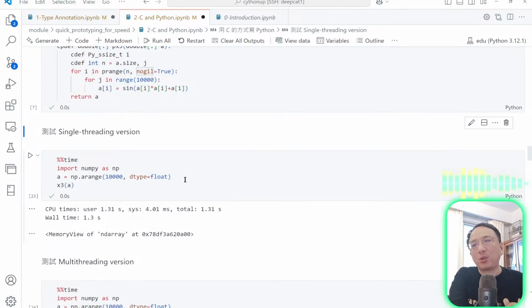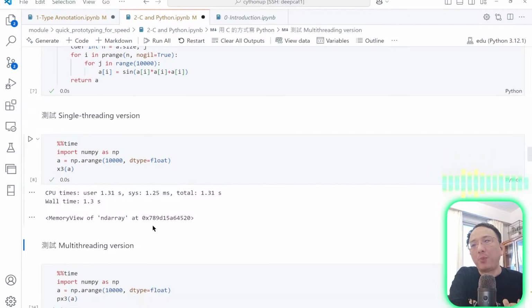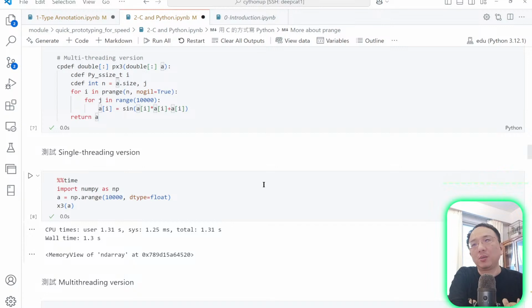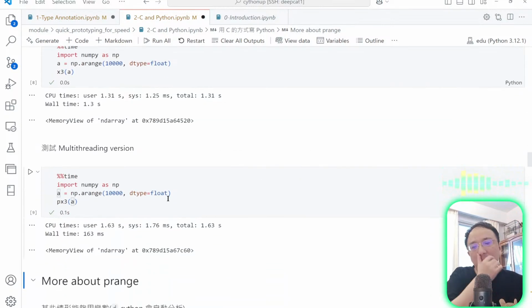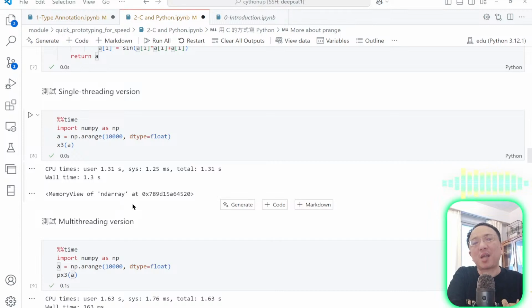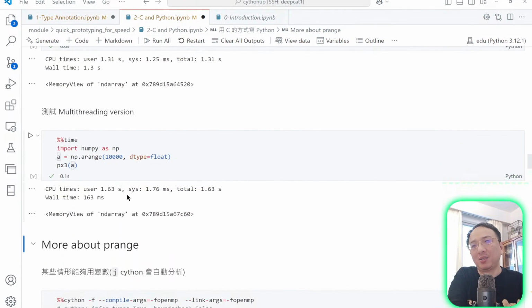So let's try to test these things. If you are using single-thread code, it will run in like 1.3 seconds. If we are using the nogil version of Cython, it will get things done in parallel, and you only get like 163 milliseconds. So it is more like 10 times faster, at least 6 times faster, like 8 times faster. I say that, and they can have even more